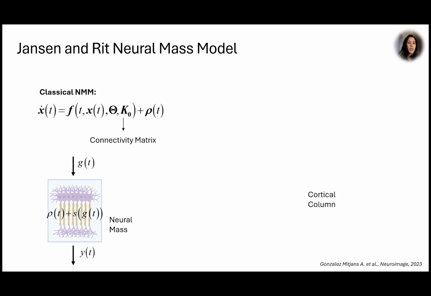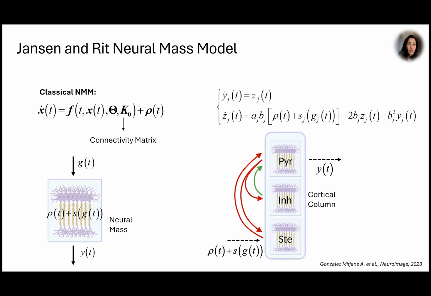Some researchers such as Wilson and Cowan, Freeman, and Lopes da Silva have made significant contributions to neural mass models by using stochastic differential equations in their work. By incorporating stochasticity into the model framework, they capture the variability observed in neuronal activity. Among the various neural mass models, the Jansen and Rit model stands out as one of the most well-known and widely used examples of this approach, and in this work we also follow this formulation.